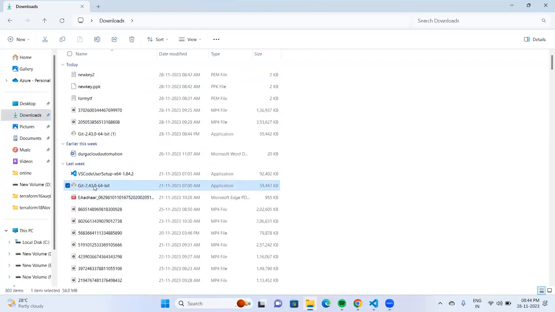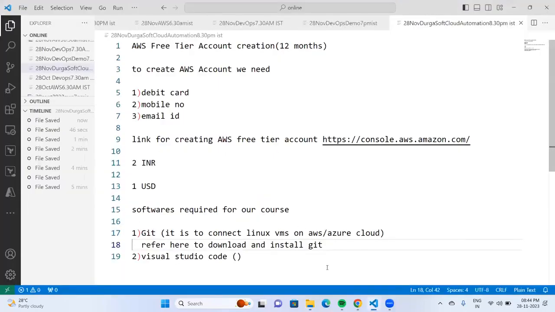But as a cloud engineer, you are not supposed to use any UI, because this is the oldest way of installing software. There is a CLI way from the command line also. By using commands also, you can install software. How to do that, I will discuss. Just double click on this and press the next button till you see finish. This is one way. And the second way of installing software is